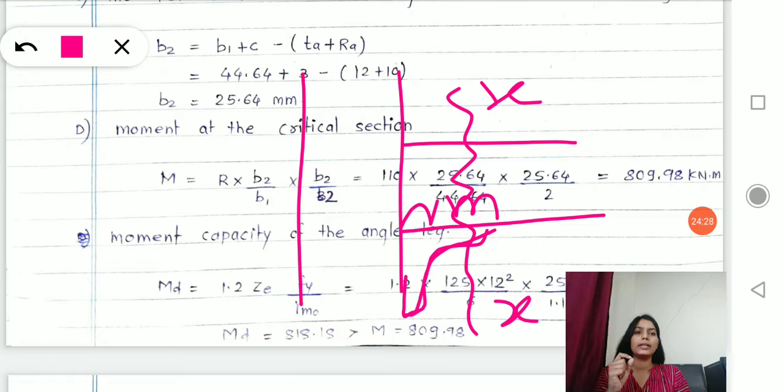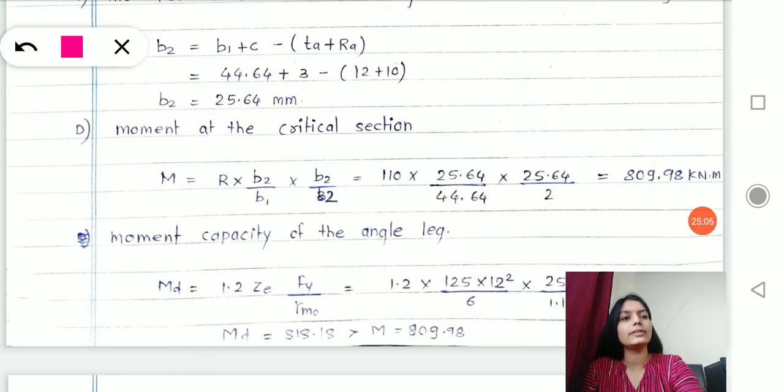We have to calculate the maximum moment carrying capacity of that section. If we come to know the maximum moment carrying capacity, we will design our section for a higher capacity than required, and then our section will be safe. So first we will calculate the maximum moment at the critical section and then design accordingly. We will design for a higher moment for our connection. So let's see that.